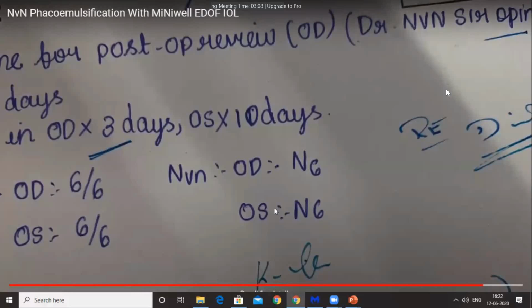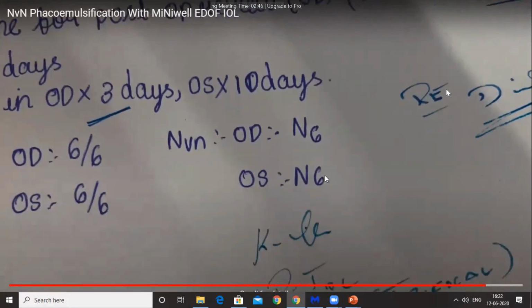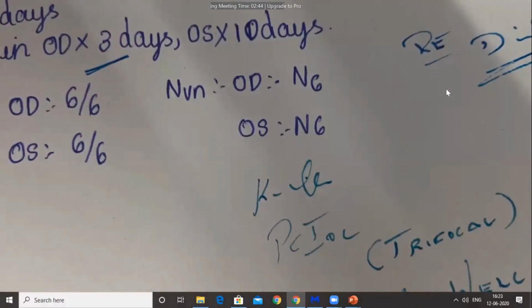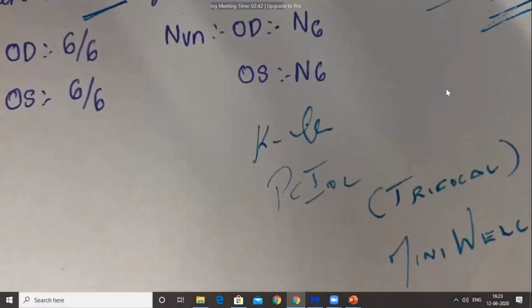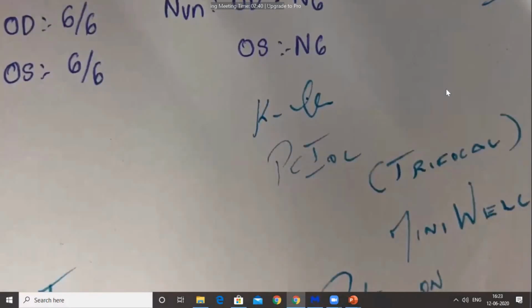Following the surgery, with some IOLs, even though they are multifocals, the patient will have poor near vision. But whenever the patient is going for these kinds of refractive IOLs, the near vision will be very, very good. After bilateral implantation of the lens in both eyes, each eye achieved good visual outcomes.